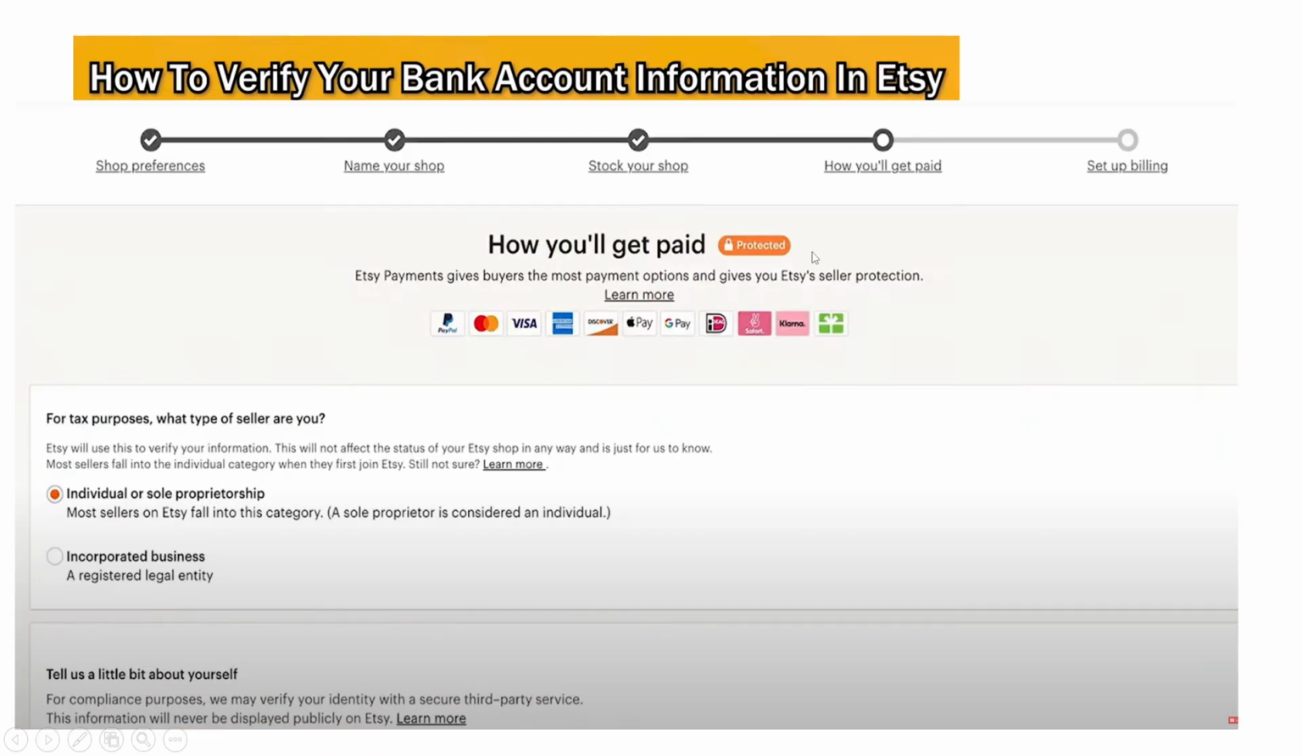This is the account where you manage all your store activities, so be sure it's the one you want to work with today. Once you're logged in, you'll want to direct your attention to the top right corner of the screen and click on Shop Manager. This is your control center for all things related to your Etsy shop, and you'll find all the necessary tools